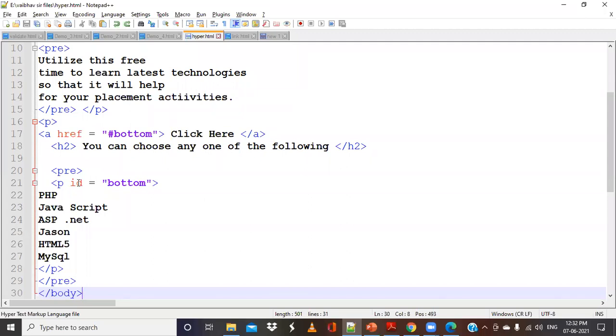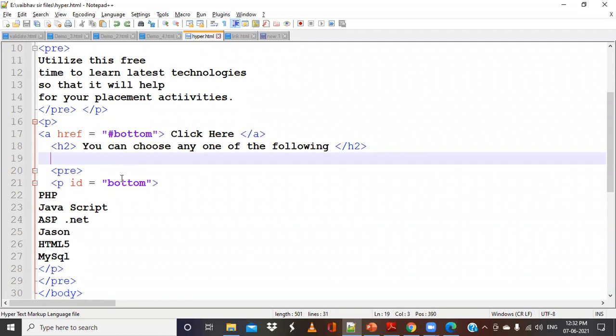But suppose we have 4 paragraphs in my HTML file. How do we uniquely identify each particular paragraph, or heading tags and so on? To identify each of the tags, we can have ID as an attribute, and we can give unique values for those IDs. Like every student has a unique number, similarly every tag can have a unique identifier so that we can refer to it.